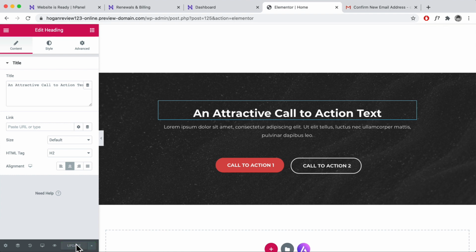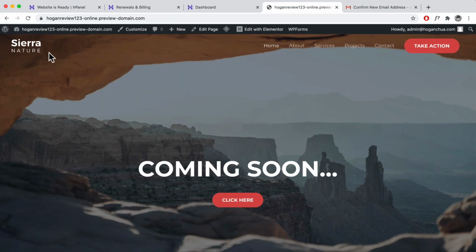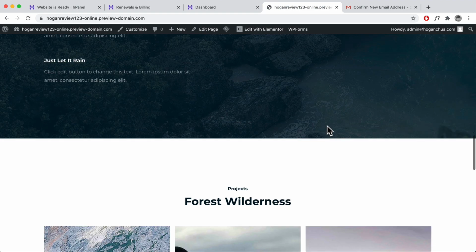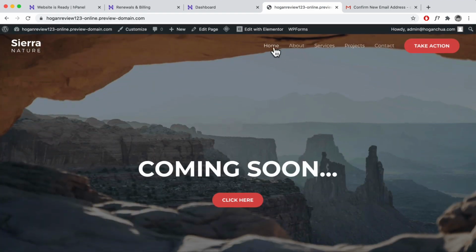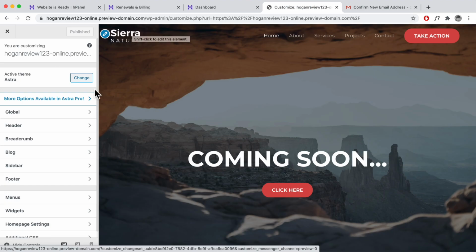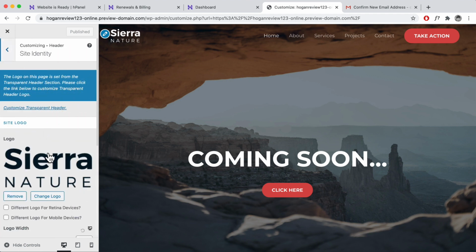And then what we can do is we can click over here, right? And you can click on here to view the page. Now I want to show you guys how to update the top section over here and also the bottom. So to edit the top section, which is your header and logo section, click on customize. And then what you want to do is we can click on header, okay, site identity,